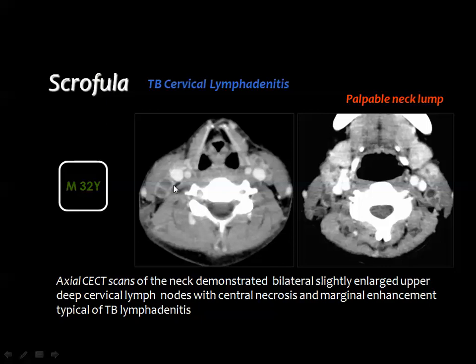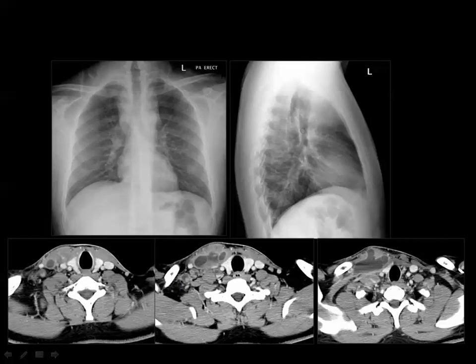And this is an example of TB cervical lymphadenitis: two lymph nodes deep to the sternomastoid muscle, multiple smaller lymph nodes deep to the sternomastoid muscle. They are, according to the literature, in the subacute phase with central caseation or necrosis and marginal enhancement. And this chest X-ray shows some broadening of the superior mediastinum. The CT scan showed some of the necrotic nodes at the root of the neck with amalgamation and the central liquefaction forming a large abscess cavity